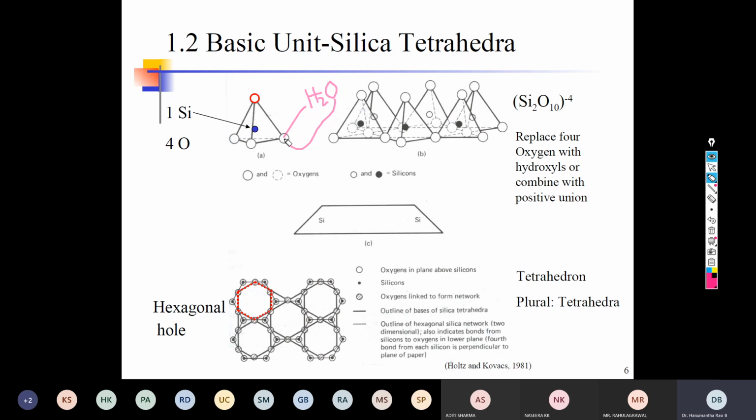But here the charge required for neutralization, to hold this H2, is so small that it can hold only a couple of hydrogen ions, like 1 layer or 2 layers or 3 layers and so on. So this is one of the fundamental reasons. Even if you dip your quartz particle into the water, you can see the water only on the surface.